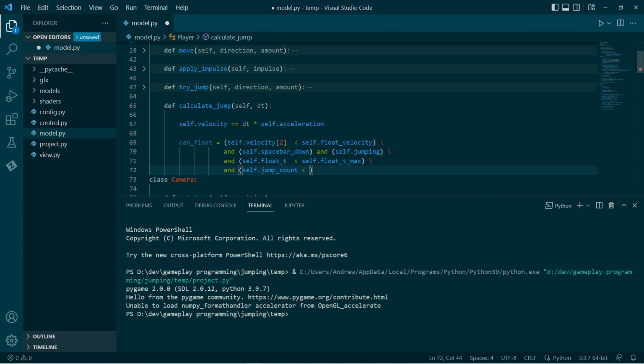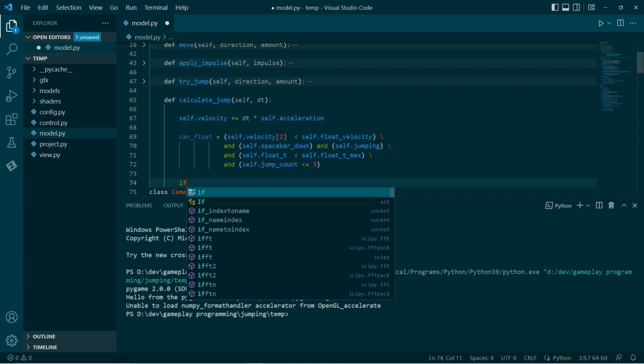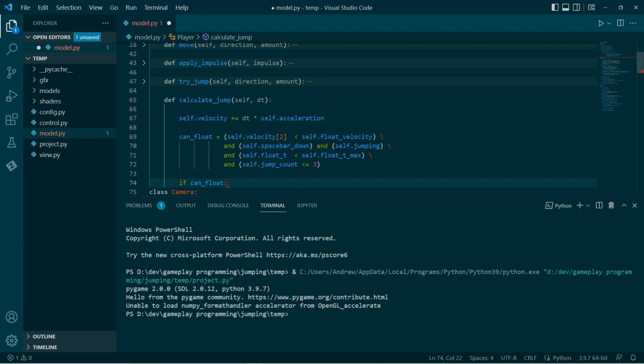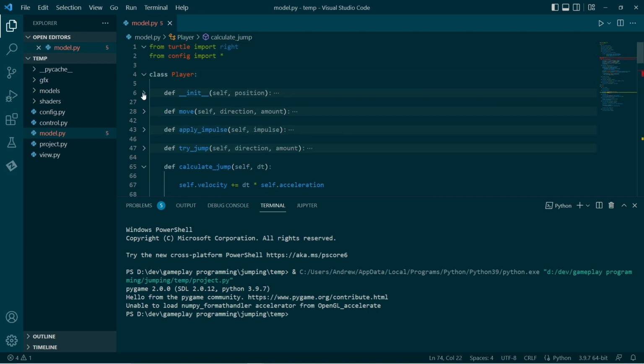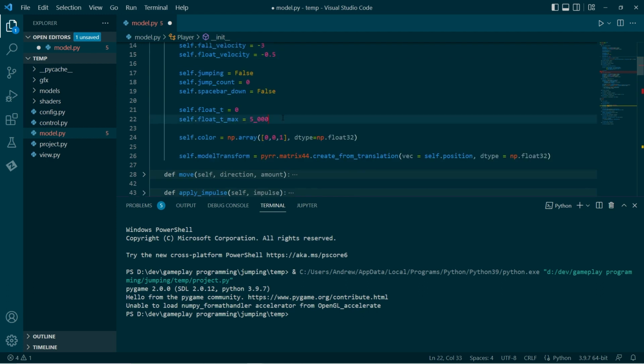And we need the number of jumps. We can't just be floating and jumping around forever. Okay. So with that done, we can then apply floating operations. And I just realized it's probably a good idea to also keep track of this with a variable.